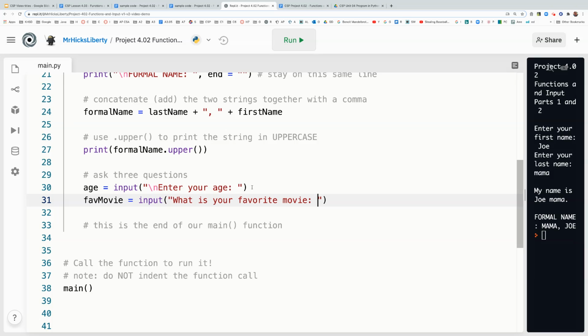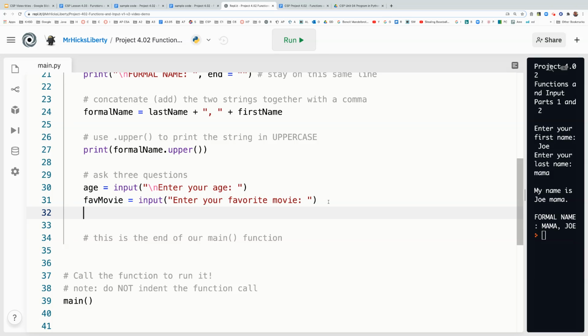Okay, now that was actually a question, so I could put a question mark. I'm going to be consistent and say enter your favorite movie. Okay, so it's like a survey. And then let's see, the third question is where were you born? So I'm going to call this birthplace